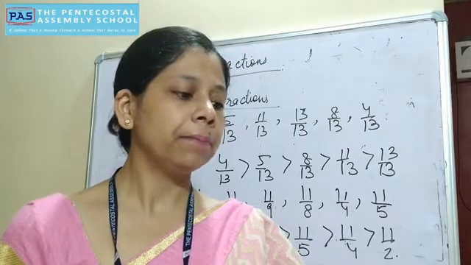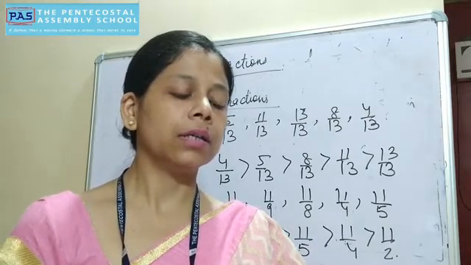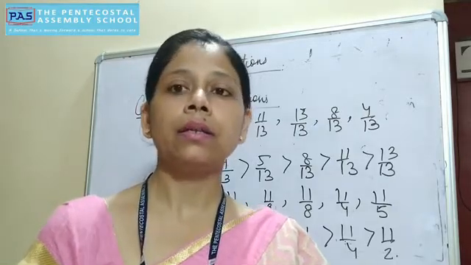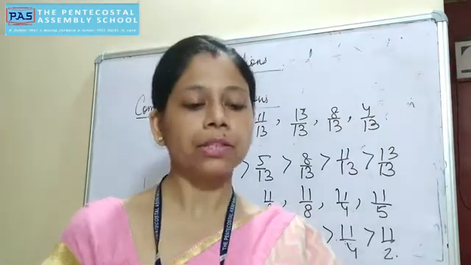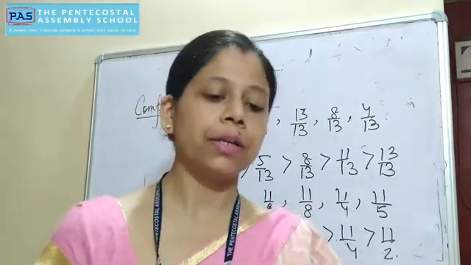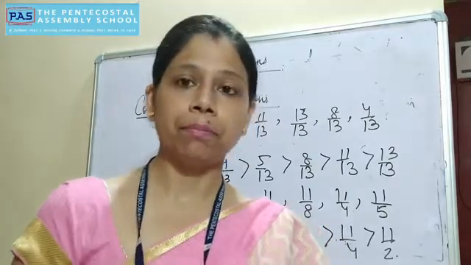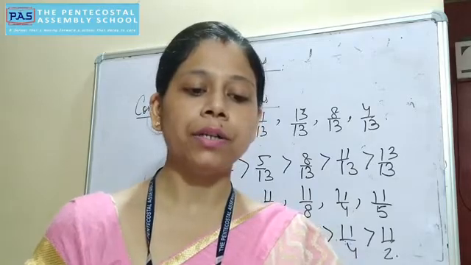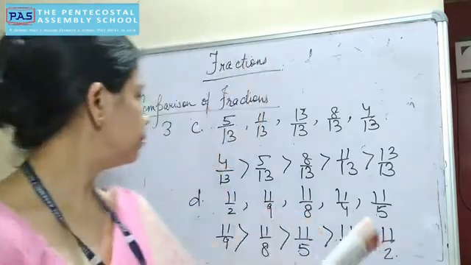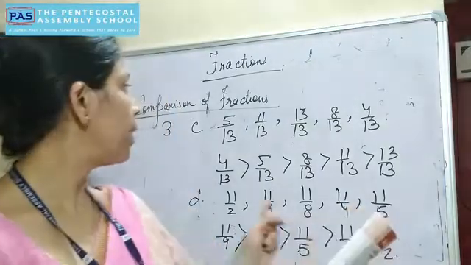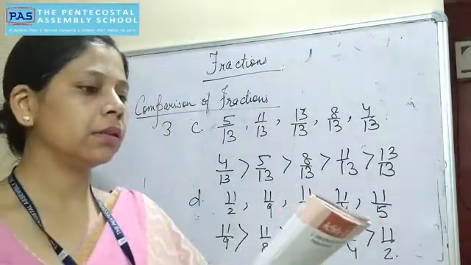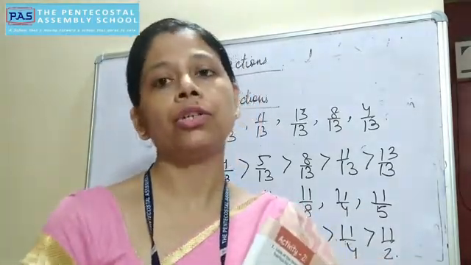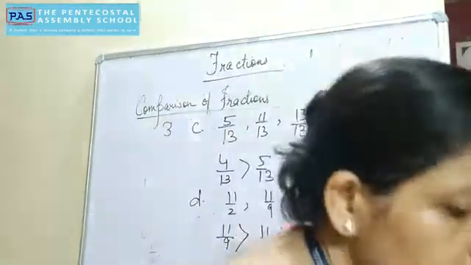Okay, then again, the C, 5 by 4 and 4 by 5. It is, yes, tell me, the unlike fraction. Why? Because the denominators are different. Then over here, the numerators are same. 3 by 7 and 3 by 9. But the denominators are different. So this is also your unlike fraction, because what happens in unlike fractions? Your denominators are different.